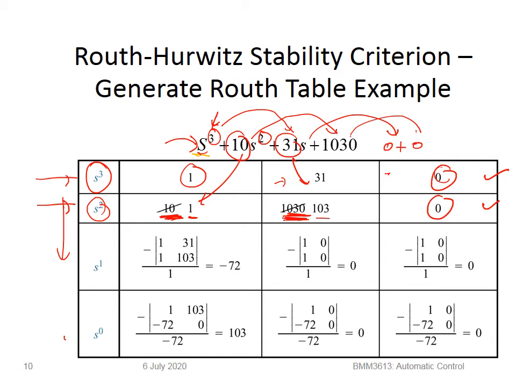So we divide by 10. For example, here instead of 10 it becomes 1, and instead of 1030 it becomes 103. So this will make the calculation much easier. So let's go to the first square where we need to do calculation. So here, what kind of calculation do we do? The calculation that we do here is,